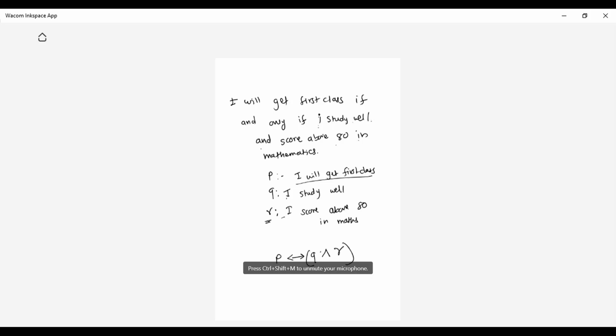The next statement is: in a small restaurant, the food is good and the service is poor. Okay, very, very simple statement. How are you going to convert it into a symbolic form? Everyone, type it in the chat box. In a small restaurant, the food is good and the service is poor.